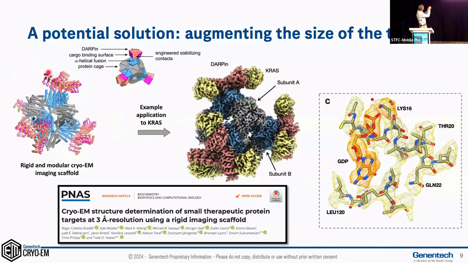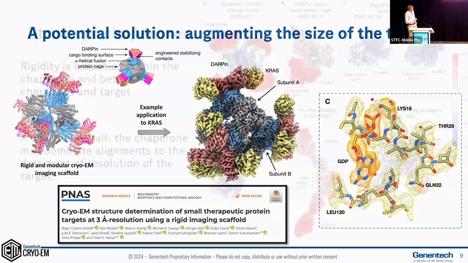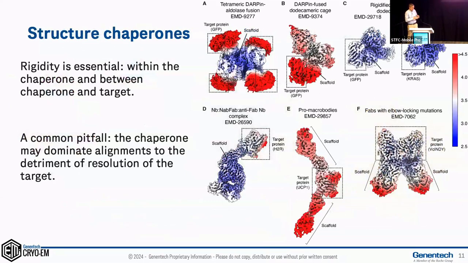And so your target would sit on the periphery of this cage, and it could be very small, but because it's on top of this cage, you can still study it by CryoEM, and because it's a symmetric cage, you get symmetry with it. So this is a really beautiful approach, and they demonstrated recently that they could study famous targets like KRAS, which is about 21 kilodaltons, to a resolution better than 3 angstroms. So great. In fact, this is one example of a class of solutions that we refer to as structure chaperones,